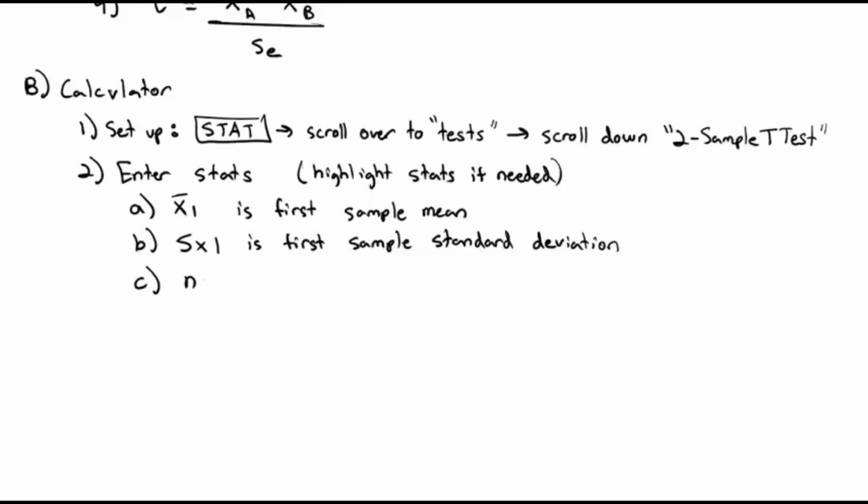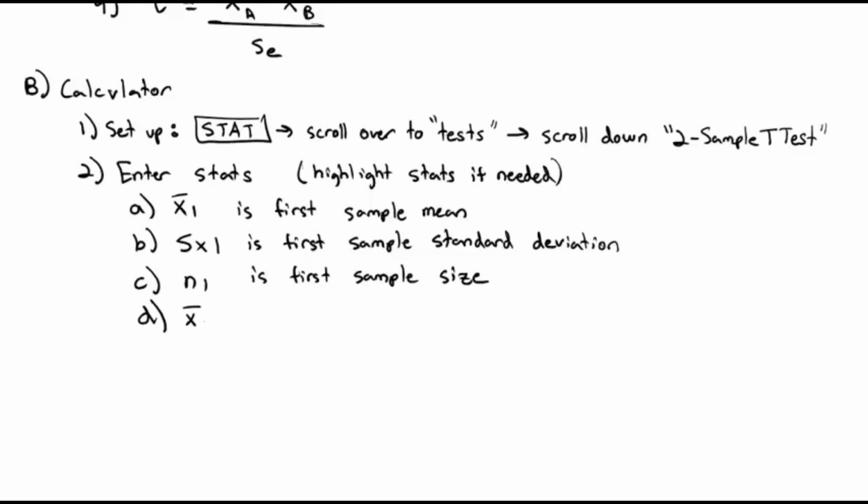And it'll ask you for n1, which is the first sample size. So we enter in all the information about the first group that we're going to compare to the second group,